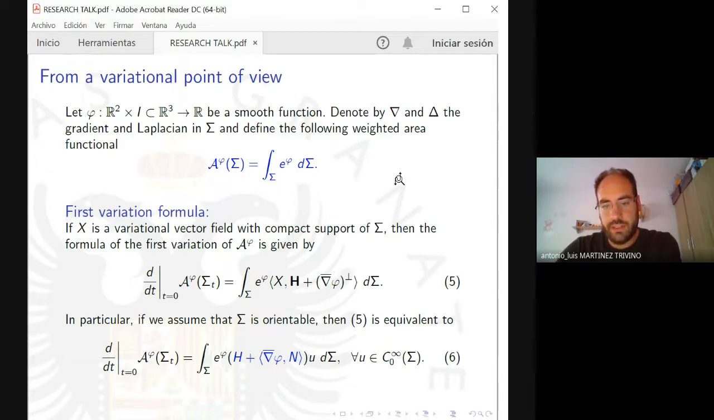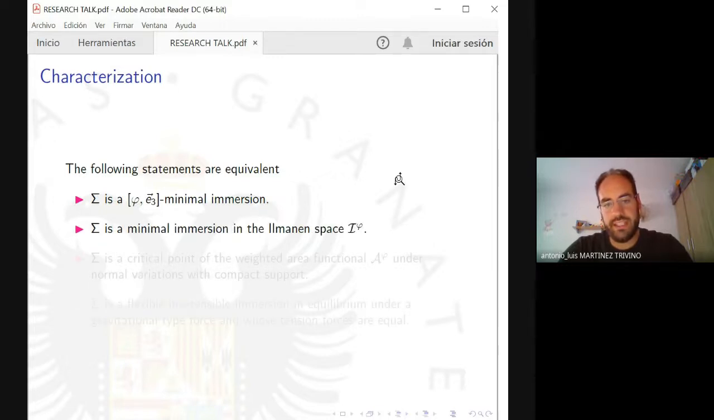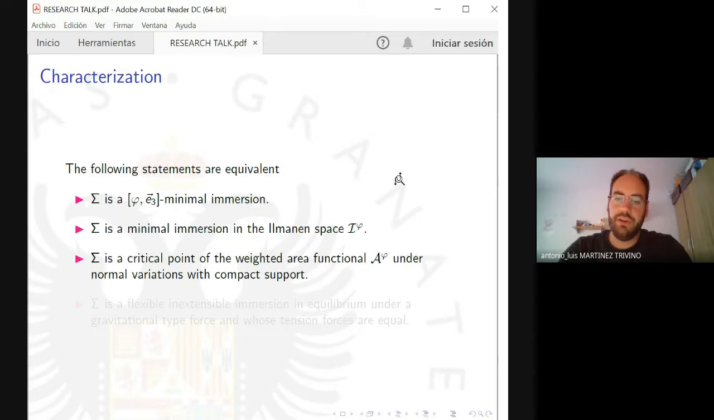In particular, if we assume that sigma is orientable, then the previous equation is equivalent to equation 6. Consequently, any phi-minimal immersion is a critical point of this area functional for any variation with compact support. Joining all the information, we obtain the following result. Sigma is a phi-minimal immersion if and only if sigma is a minimal immersion in the Riemannian space, sigma is a critical point of the previous area functional for any normal variation with compact support,